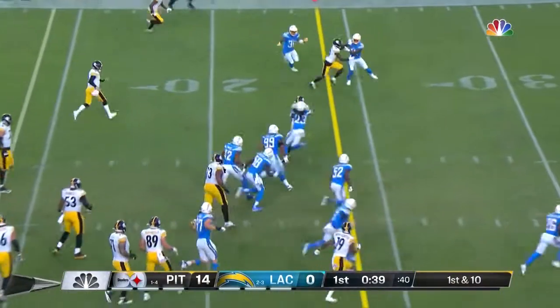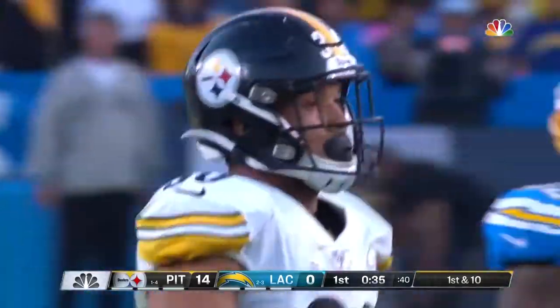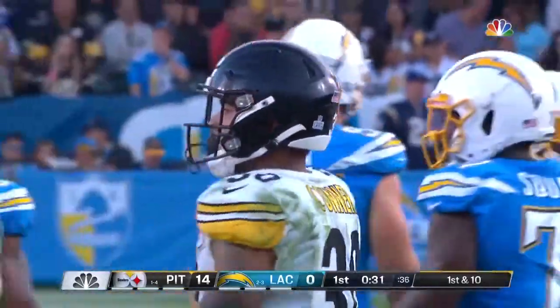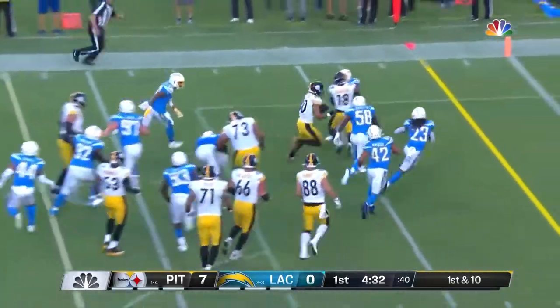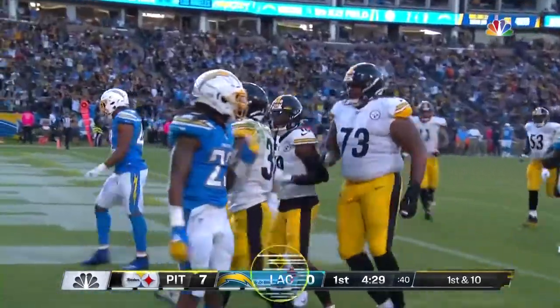Loses amateur status as Conner takes off and gets 11 yards and a first down. Good start tonight for Conner. Jenkins takes him down. Conner's carried the ball 6 times. They'll give it to Conner, and Conner's going to go all the way into the end zone behind a Vance